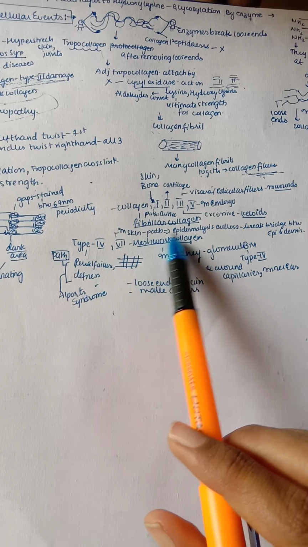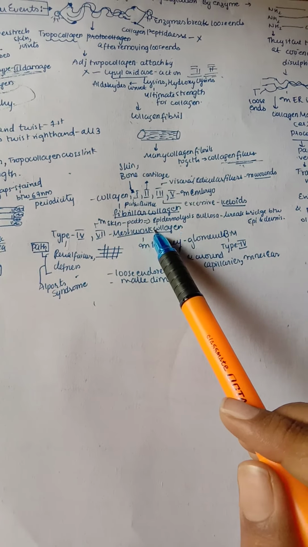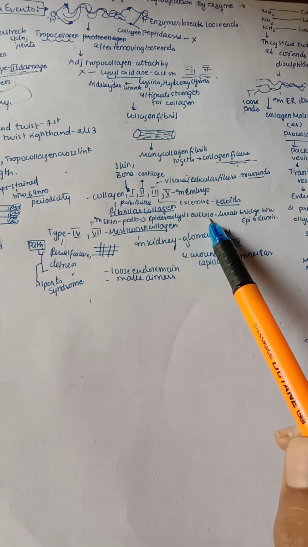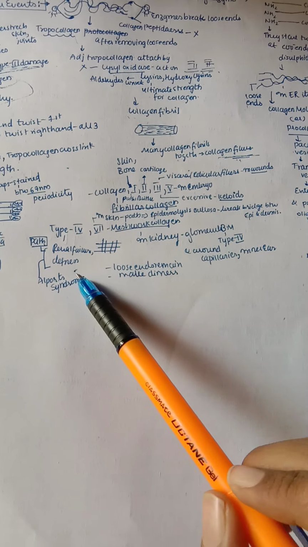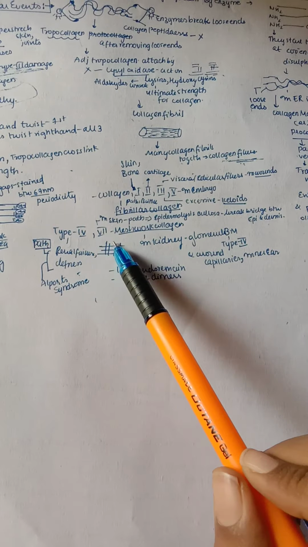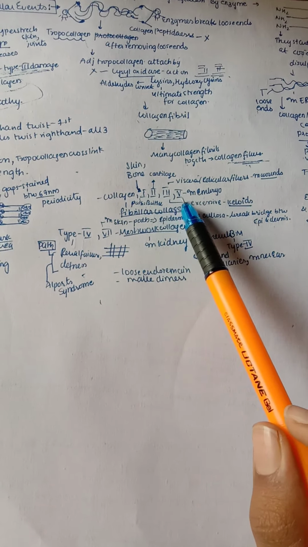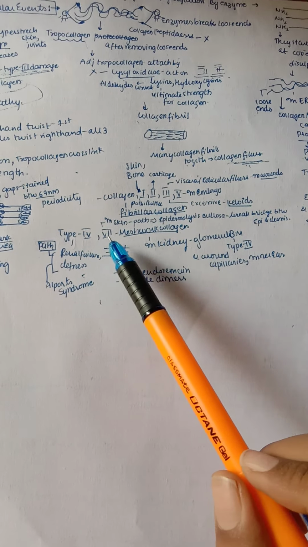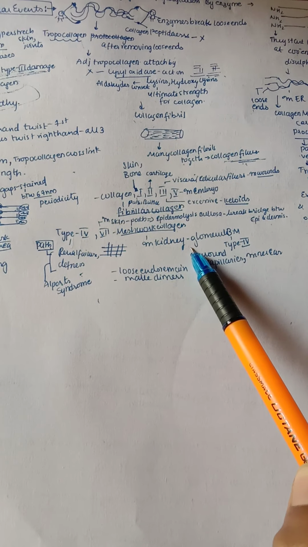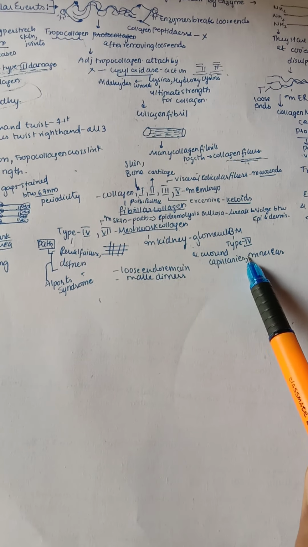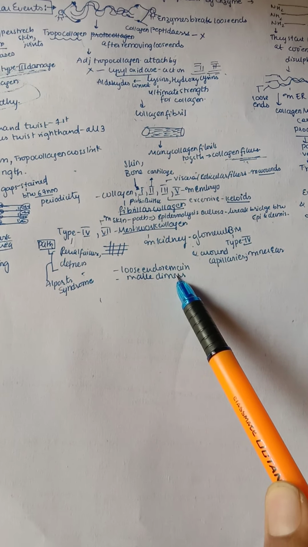And next here we can see type 4 and type 7 collagen. Type 7 collagen is present in skin, and when it is pathological, epidermolysis bullosa is formed, that is a break between the epidermis and dermis. This type 4 and type 7 are mainly meshwork collagen. So type 1, type 2, type 3 and type 5 are fibrillar collagen, but type 4 and type 7 are the meshwork collagen, mainly present in the kidney, that is in the glomerular basement membrane, and also present around our capillaries and inner ear.